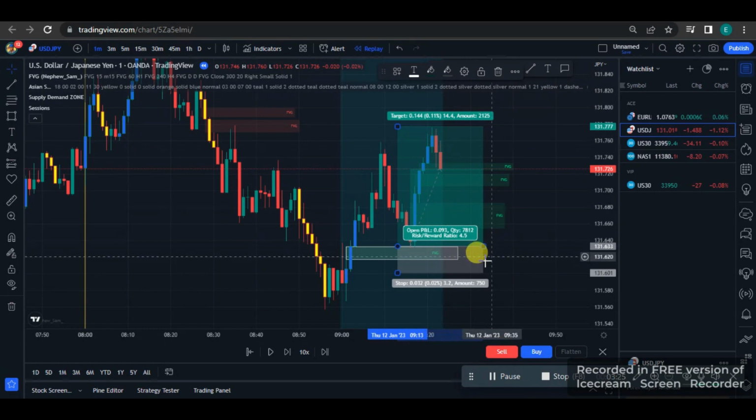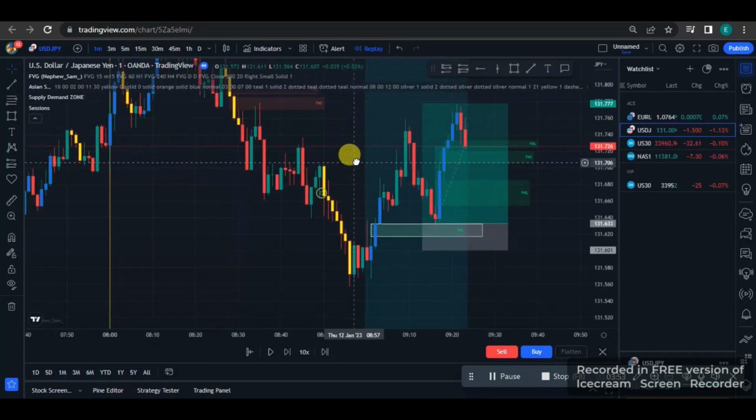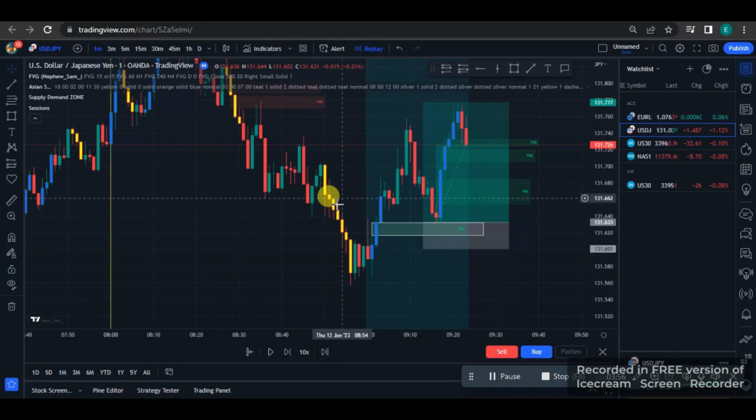As you can see, price went for a 4.5 to 1, which is pretty interesting. So all you have to do, guys, is wait for the London session. Once you're done waiting for the London session, all you have to do is wait for a supply or a demand zone. So if you see a supply zone, then you're looking to take a sell. Let's say you saw the supply zone, this move to the downside, you should be looking for a selling entry. So your entry should be sells. But if you see a move to the upside, like a demand like this, then clearly your entry should be